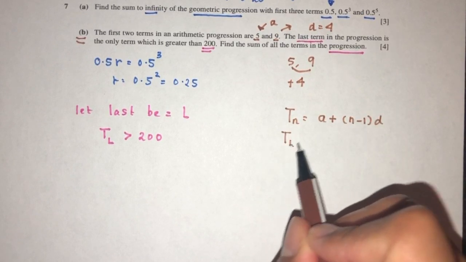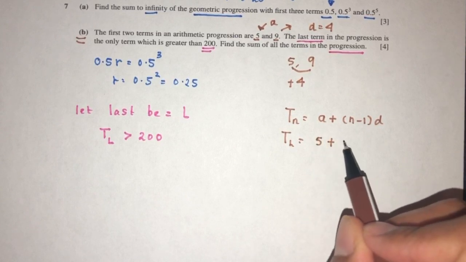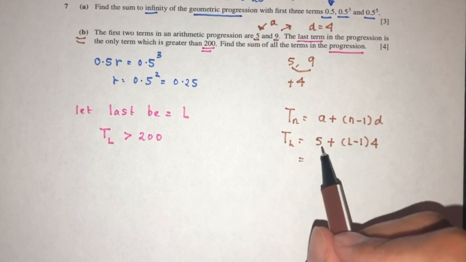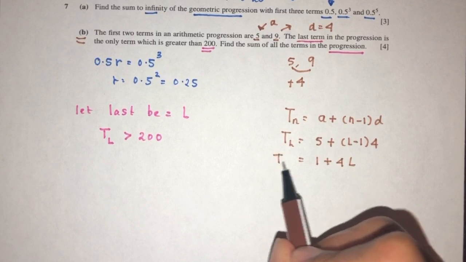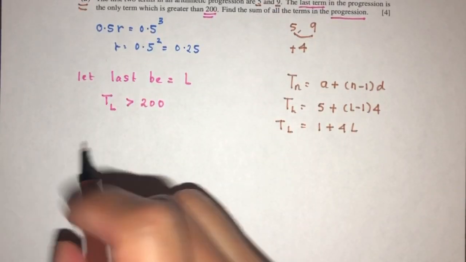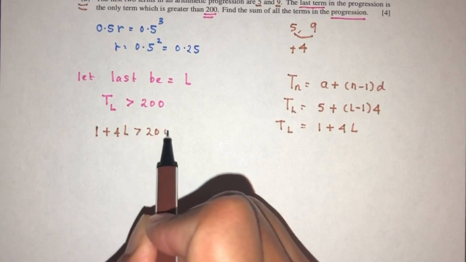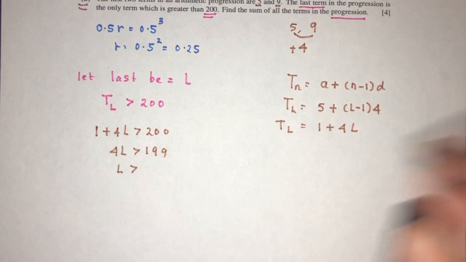Now nth term, when n equal to L, that should be a is 5. That should be L minus 1 times d should be 4. That is 5 minus 4 is 1 plus 4L. That is my last term. As you can see, my last term has to be what? 1 plus 4L more than 200. So 4L has to be more than 199. L has to be more than